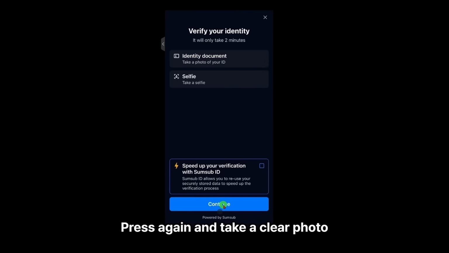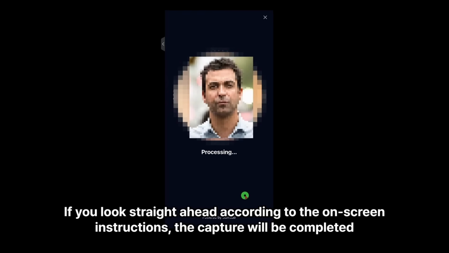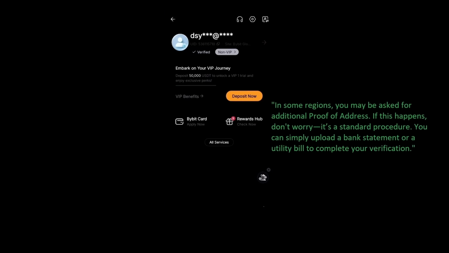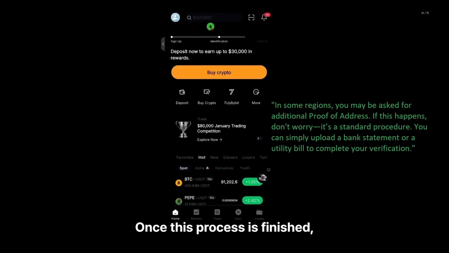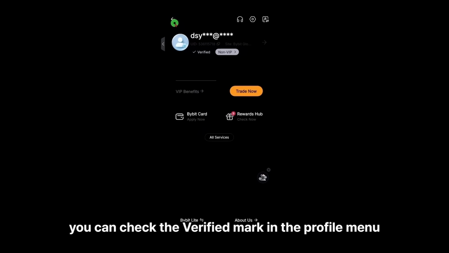Press again and take a clear photo of your ID. Check the photo and press Submit. The following is a selfie verification. If you look straight ahead according to the on-screen instructions, the capture will be completed. Once this process is finished, the identity verification review will begin. The review is usually completed within an hour, and if passed, you can check the verified mark in the profile